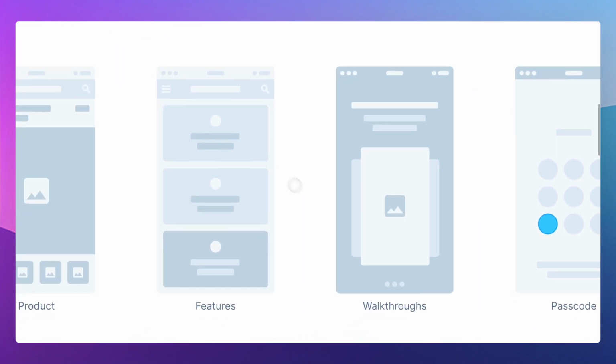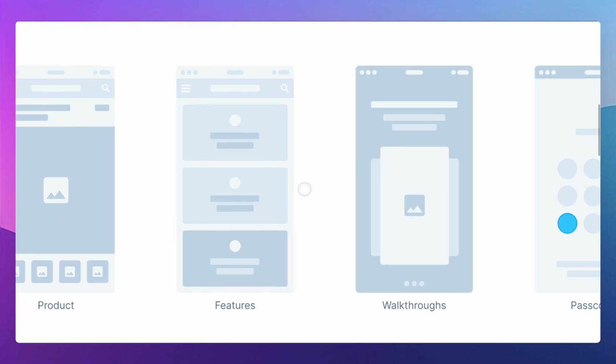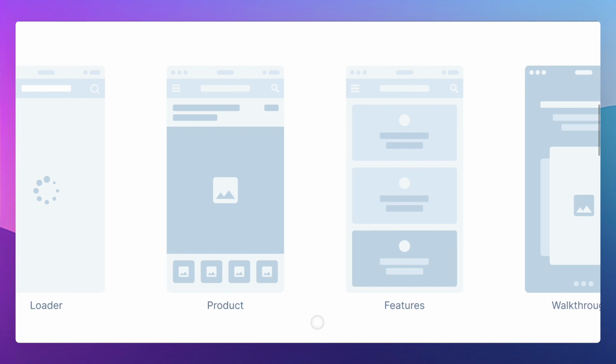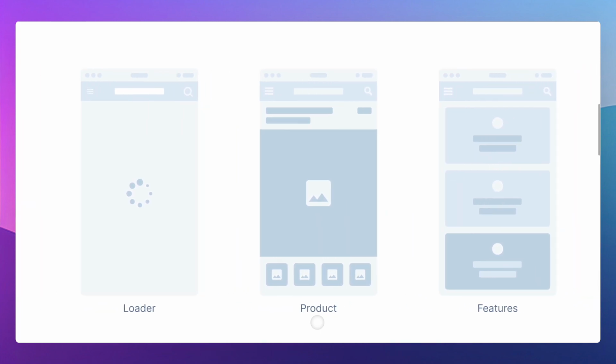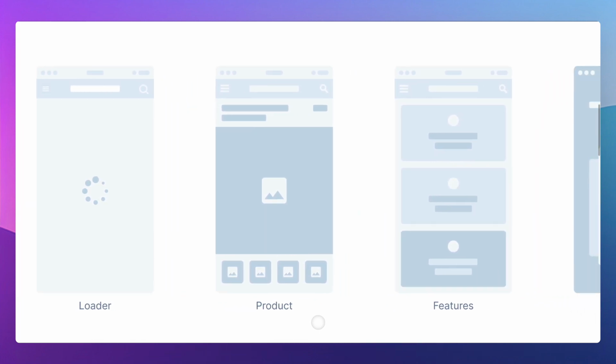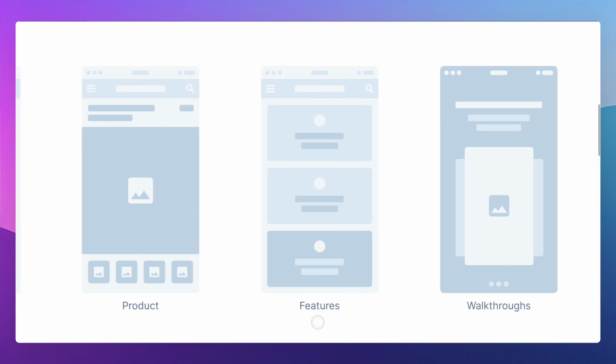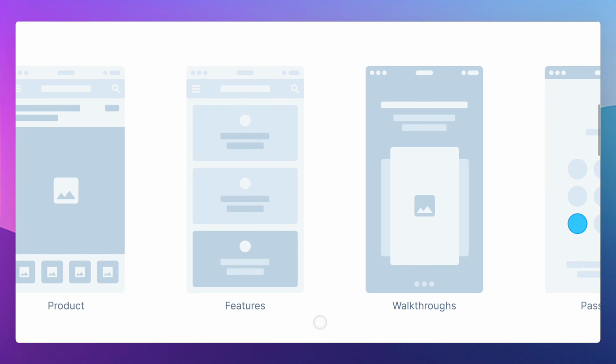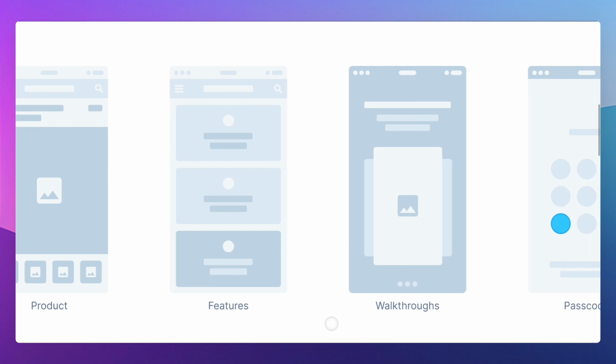So if you zoom in on one of these screens, and by the way, the same concepts apply to web apps. It really doesn't matter if it's mobile, tablet, or desktop, because at the end of the day, a wireframe is going to help communicate an idea at a high level. So if, for example, there's a stakeholder involved in the process, you might want to communicate an idea at a high level even before you invest time and effort into the final UI design,